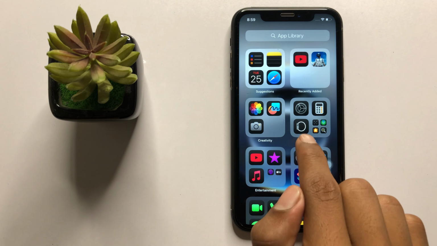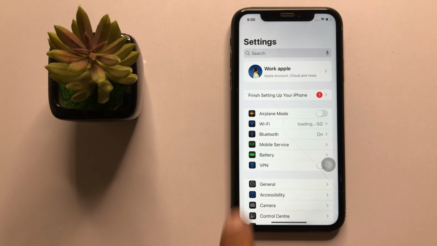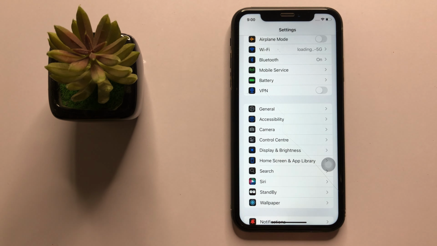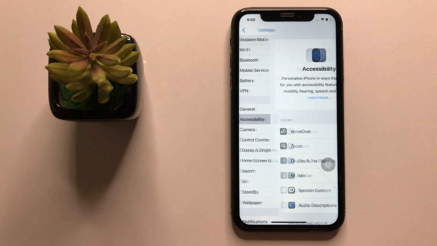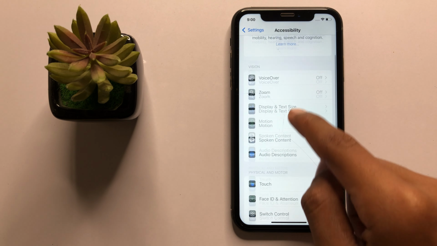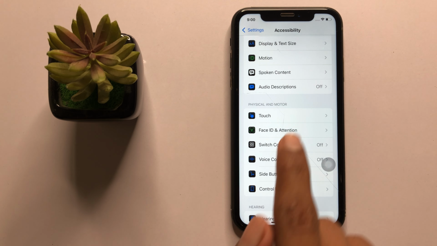First of all, open settings. In settings, scroll down and click on accessibility. After clicking on accessibility, scroll down, and in the physical and motor section you can see the option touch. Now click on it